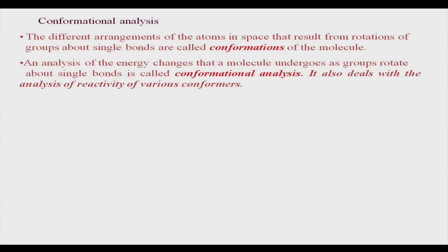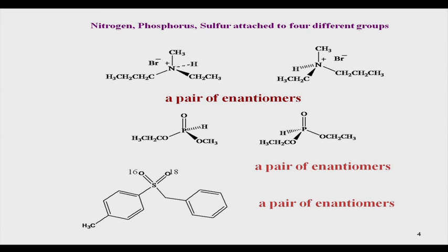So, that ends the case of chirality of non-carbon-containing compounds, where carbon is not the key cause for chirality. It is the other atoms like nitrogen, sulfur or phosphorus. Again I repeat, the most important point is that they should be in the tetrahedral configuration. They should have a tetrahedral configuration. Okay. Now,